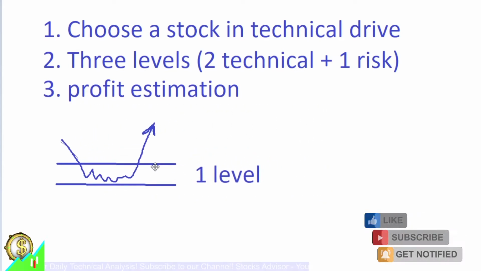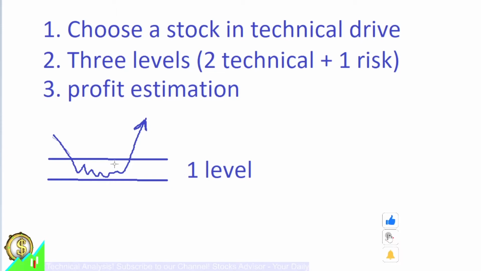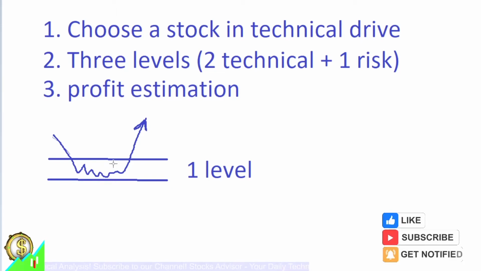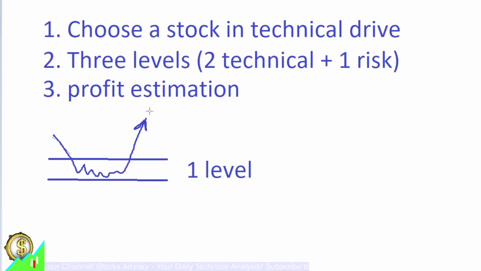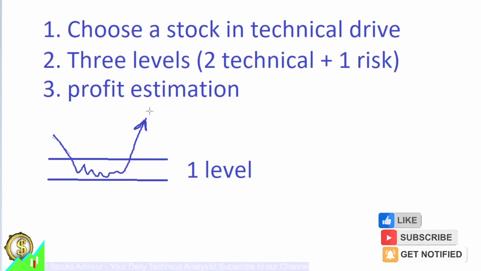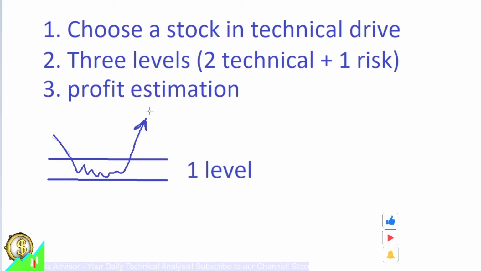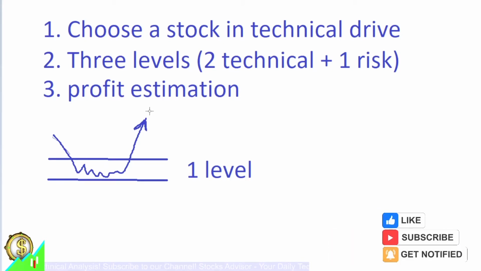And then how you trade: you buy in the first technical level. We will talk later about how we buy. Then when the price goes up and hits the profit estimation, usually given in percentage, you sell, you take your profit. And this is the end of discussion. This is the analysis. If the first level played, you cannot use the same analysis again.